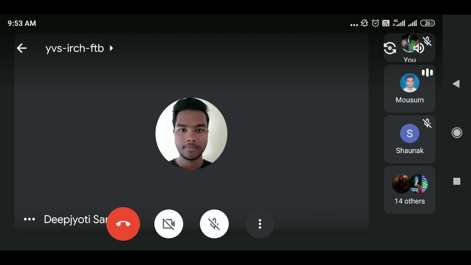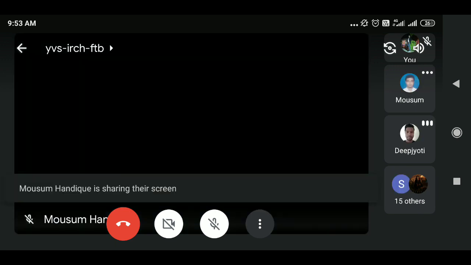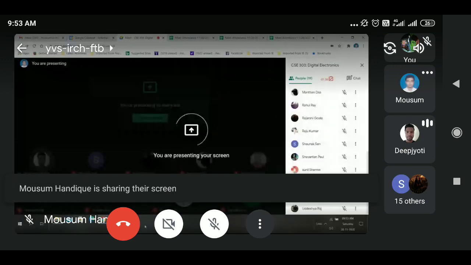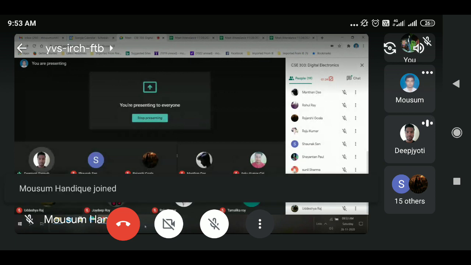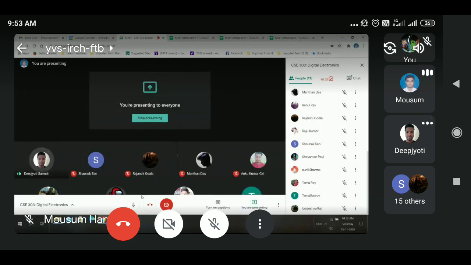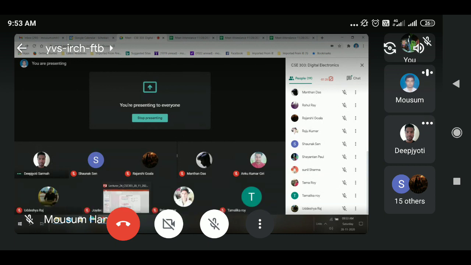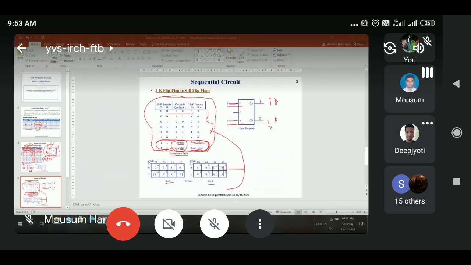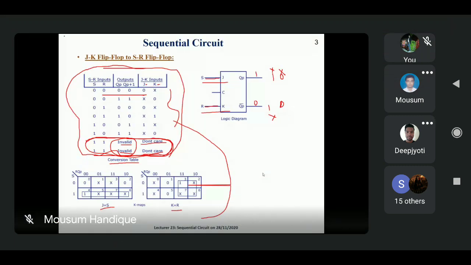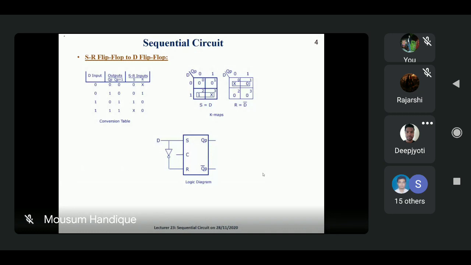सर, yes. सर्किट डायग्राम में तो D का एक इनपुट डायरेक्ट S में जाएगा और एक D नॉट लगा के R में जाएगा और एक क्लॉक लगेगा ना, और S R और एक फ्लिप फ्लॉप बॉक्स। जस्ट ये आप लोगों को दिखाई दे रहा है, स्क्रीन दिखाई दे रहा है? यस सर। This one. So this is the logic diagram. जो आपने बोला है वही है, लेकिन